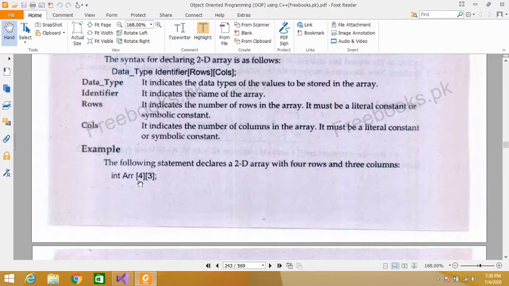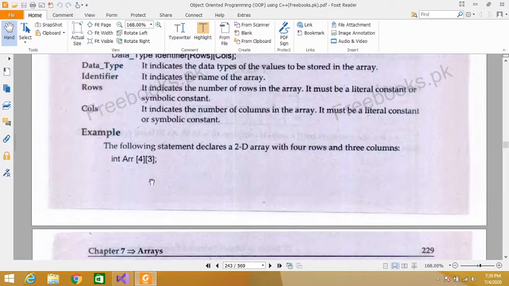First the number of rows, second the number of columns. So 4 rows and 3 columns. Data type, the name of the array, and then rows and then columns. This is known as array declaration. We have declared an array containing 4 rows and 3 columns.